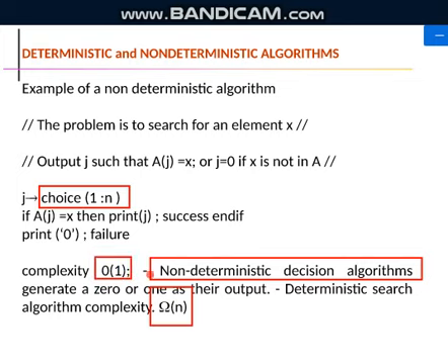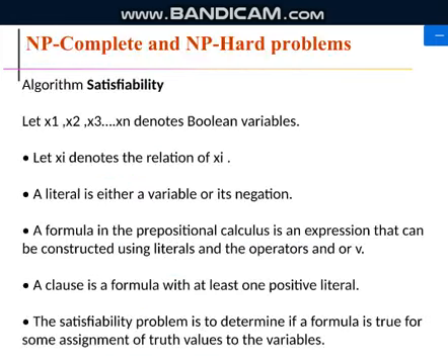Why non-deterministic? Because it does not yet exist. That algorithm doesn't exist, we are just trying to assume. So that is the reason we call it NP hard. It is not so easy to get such algorithms which will further reduce the time, because the research is still going on. They have not found such algorithms.